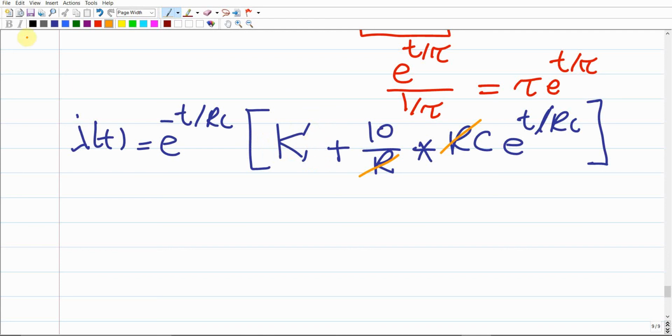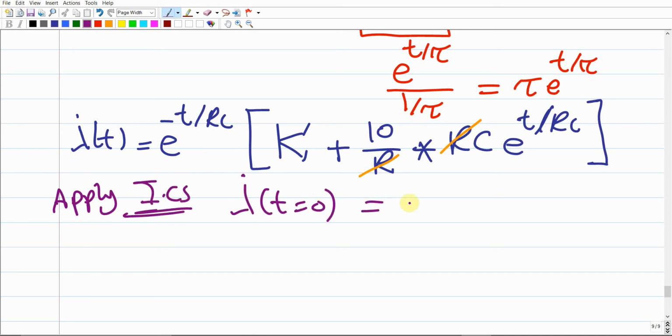How much is K? We have to find this K, so in this case we have to apply the initial conditions. We have only one initial condition, that the current when t equals 0 is 5 amperes, as already given. So what does it mean? When I(0) equals 5, according to the given initial condition, your objective is just to plug t equals 0 into this equation. So e to the power of 0 is just 1. Anything to the power of 0 is just 1. So this is going to give us 1 times K